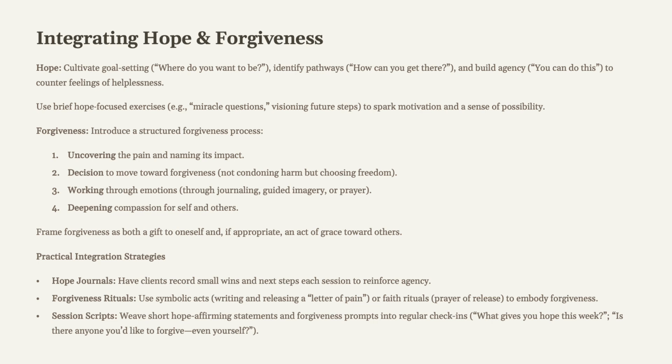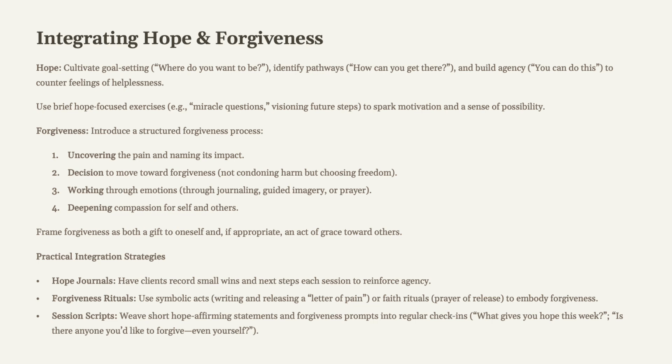But the other things that I wanted to mention before I closed out here, make sure you integrate hope and forgiveness through this process as well. Hope is important because it is future looking, it's future oriented. And in this way, you can cultivate some goal setting. Where do you want to be? At the end of this counseling experience, where do you see yourself next year? And they're going to say things like healed and delivered and set free and terminology like that.